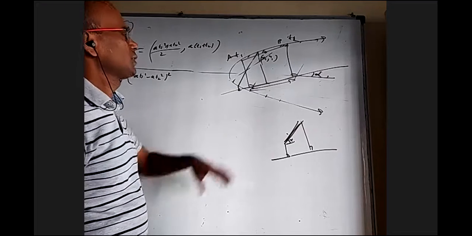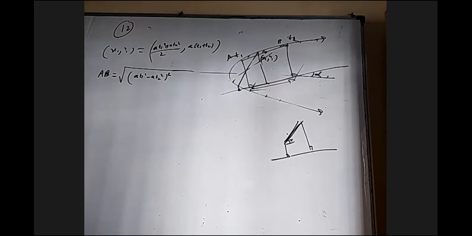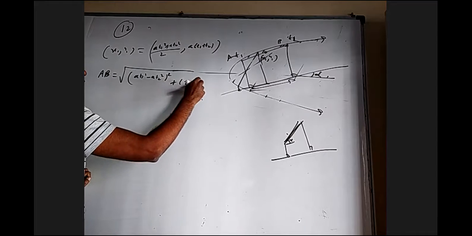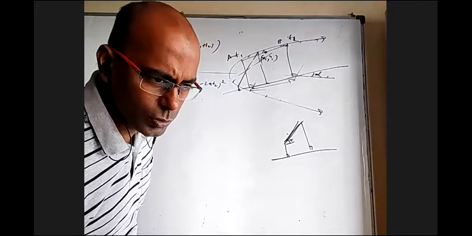Of course, I can also take this inclination as theta and do something about it, such that the sum of the roots is zero will give me theta, and I can find the difference of the roots, which will be the length. I can try to use the parametric form, I'll try it a little later. Let us see this: (2at1 minus 2at2) whole square. I'm just trying. You can also try if you want to. Set the question.